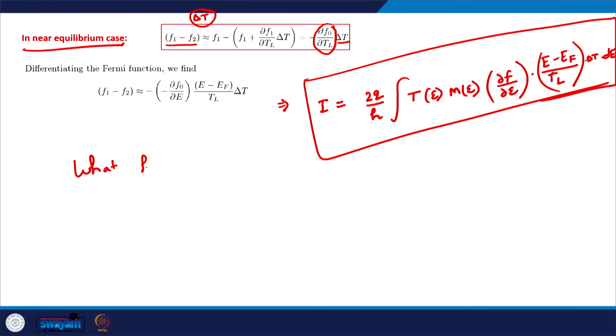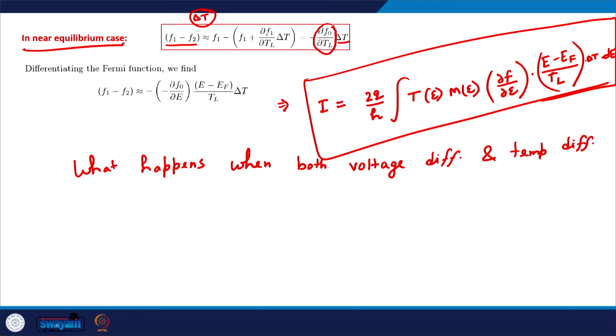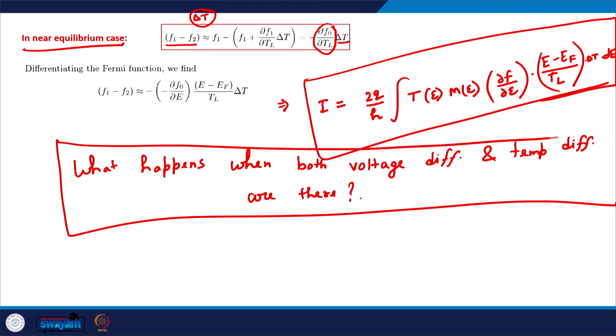What happens when both voltage difference and temperature difference are there? What happens? So please work out the maths of current in the case when there is a voltage